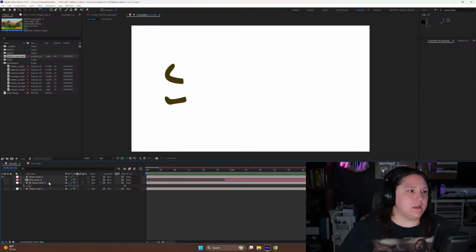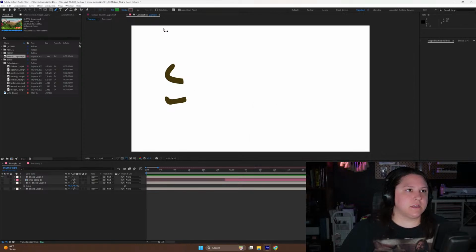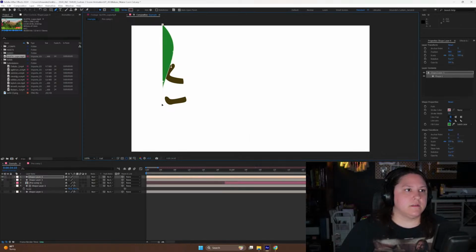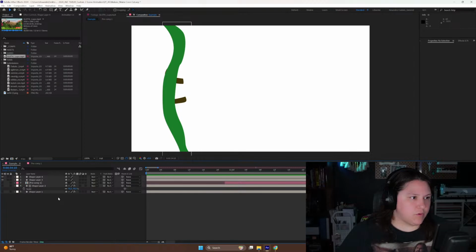Okay, so we got our sloth legs and arms, right? And then you had this vine that he was climbing down. So let's kind of do that. So it's very much nice and curved. Let's make it a little bit thicker here, following that kind of curve. Obviously, you would want to take more time. But you have the problem